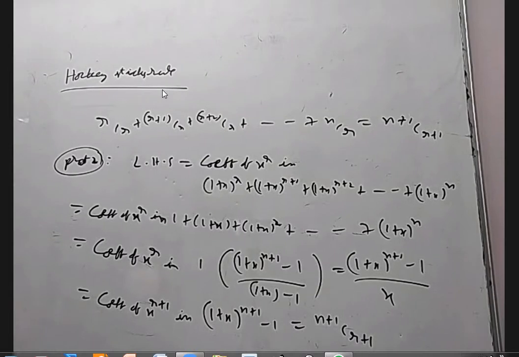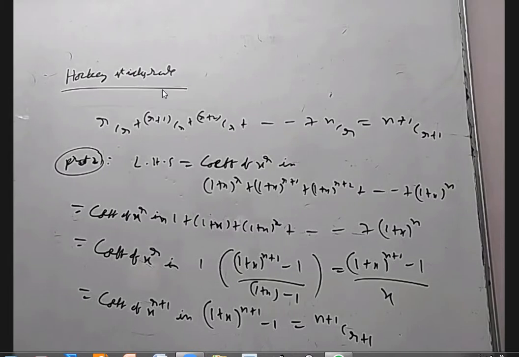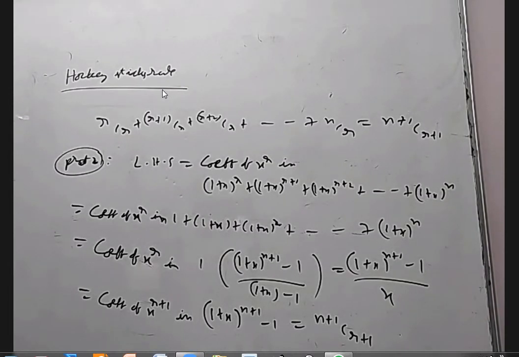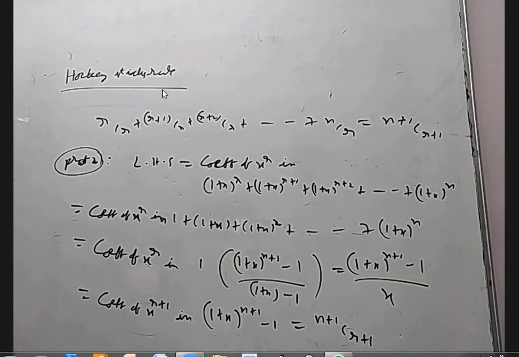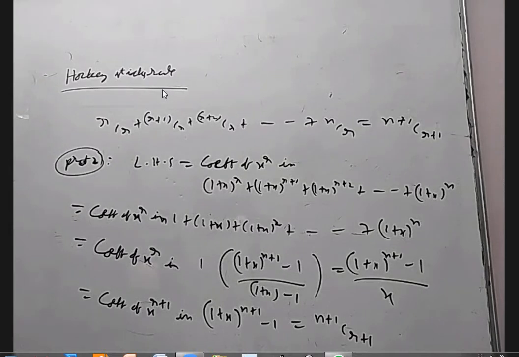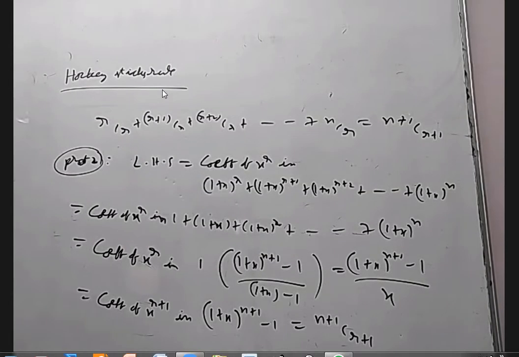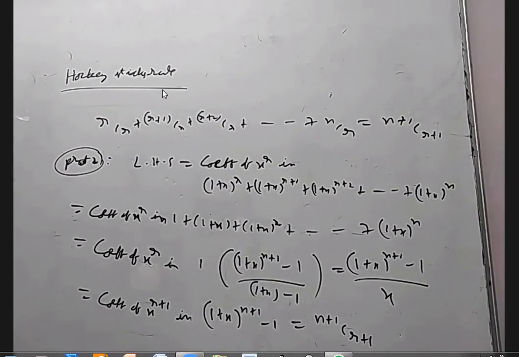Okay, as I have said many times to you already, if you try to do one question in two different ways, you will get a formula in the binomial theorem. So (1 plus x) whole power r so on up to (1 plus x) whole power n is equal to this, by using geometric progression. Equate the coefficient of x power r on both sides, and you got this formula. There are some other methods to prove this formula, we'll discuss later.